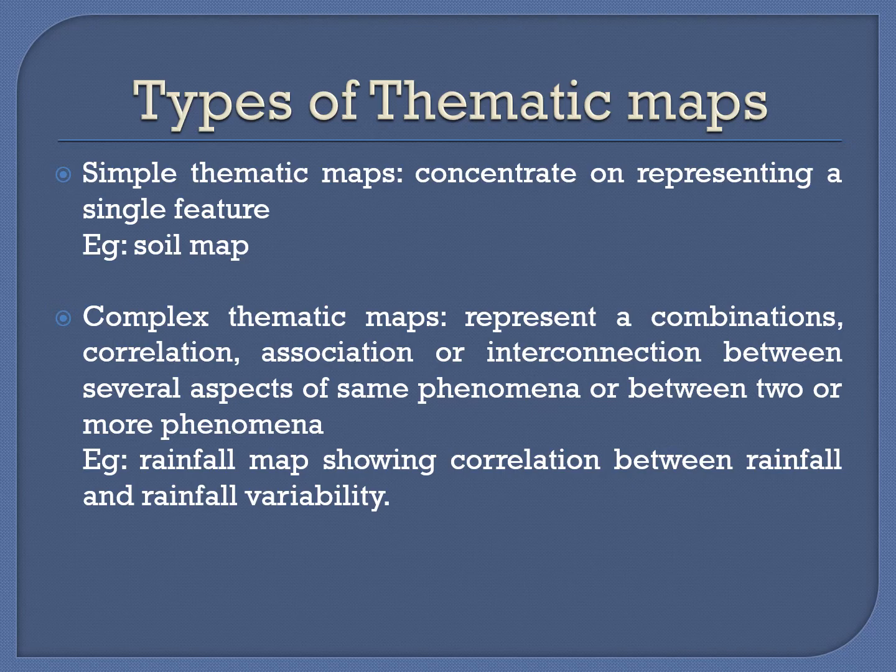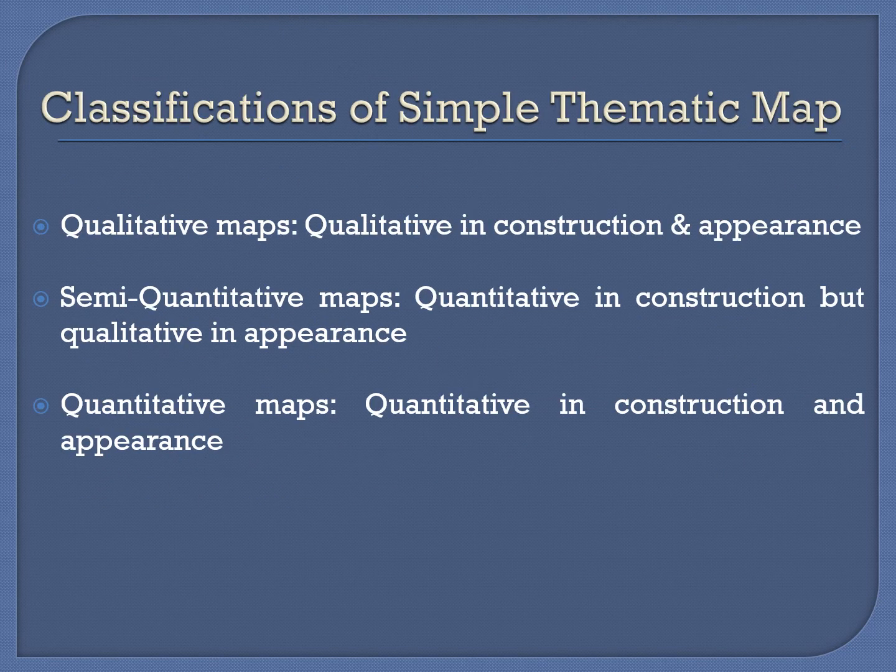Even all of you have studied weather map analysis. In the weather map analysis, you might have got a weather map. A weather map is a complex thematic map. Why? It has various features. We will go into detail on all those things. So, a simple thematic map is generally classified into three types: a qualitative map, a semi-quantitative map, and the third one is a quantitative map. We are moving to the detail.